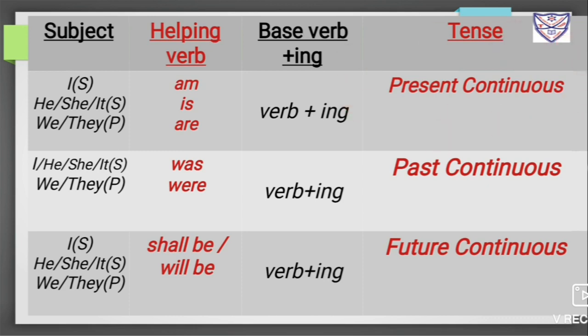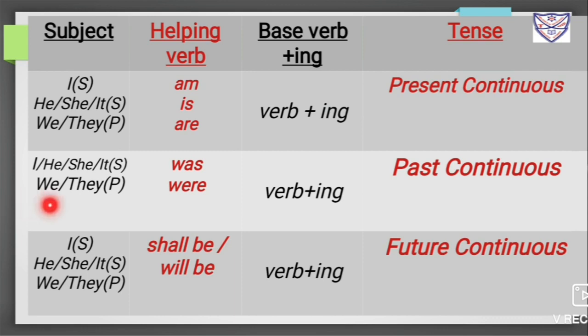Then we have again the past continuous tense. Again in past continuous tense we have the same pronouns. They are I, he, she, it, we and they. Now over here the subjects I, he, she and it, whenever they are used as subjects, with them the helping verb will be was. Now the subjects as well as the helping verb are in the form of singular number, or we can say this stands for the singular form.